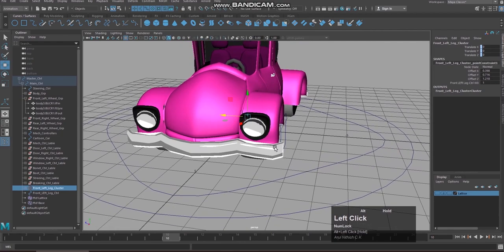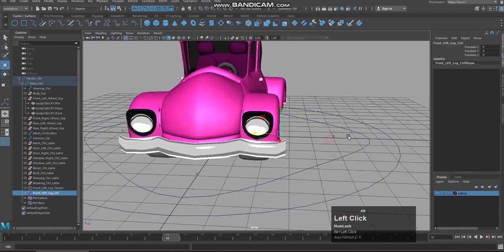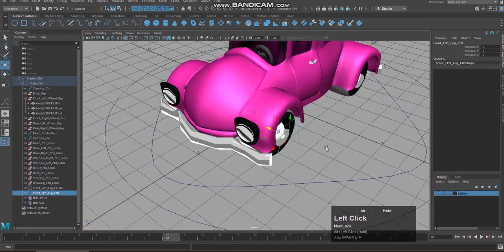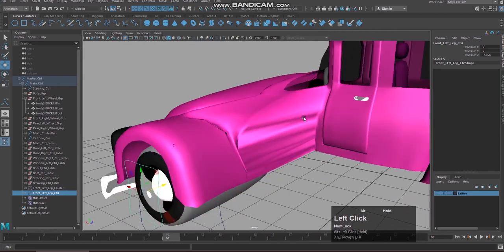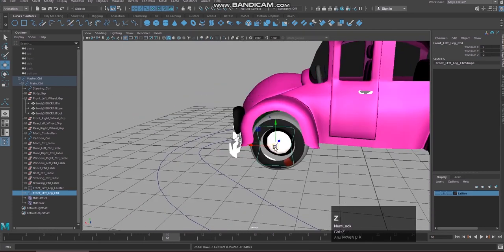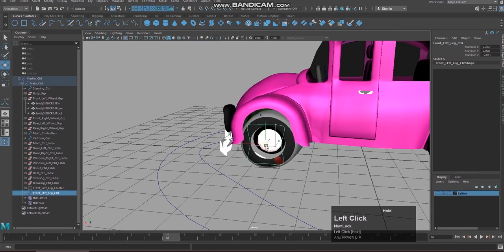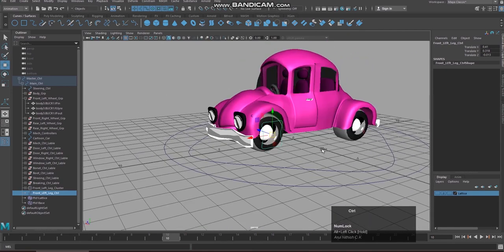Now we should limit the translation of this controller. See, it should not go something like this or like this, or like this. Some little bit of believable motion it should have.